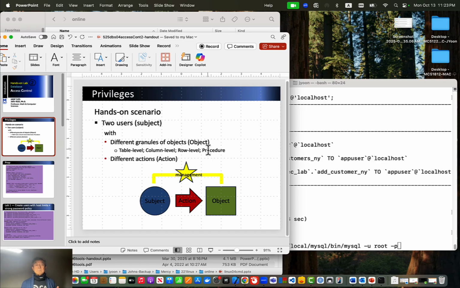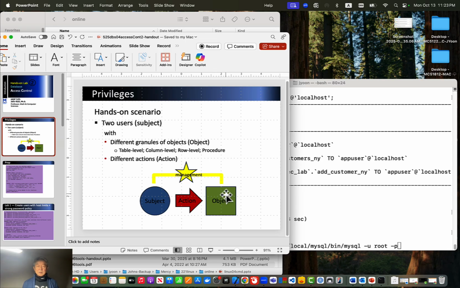So today we'll look at one of those, which is procedure creations. Then procedure could be on objects. So you can also say, hey, Alice, you can execute procedure A. Bob, you cannot. That type of privileges can be